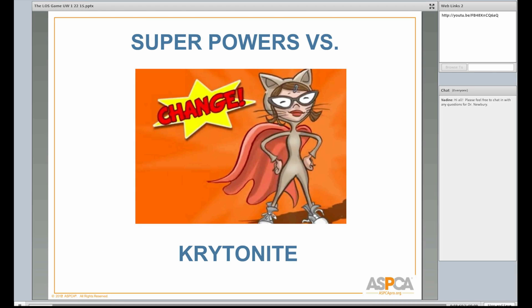What we're really talking about, and it was Cindy Karsten, who was originally a UW student, who came up with this idea, is that this is really about your superpowers. This is really about your capacity. It's really about thinking about what are the limits of your superpowers. So your X-ray vision versus kryptonite, right? There are so many things that we can do for animals. There are so many ways that we can do rescue and save lives and rehabilitate and all of that, but there are limits, and capacity is our way of thinking about where your superpowers end. How far do your superpowers extend? And where do they end? So that's what we're going to be talking about today.